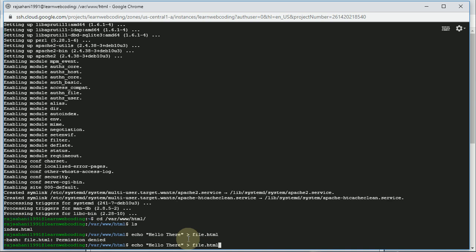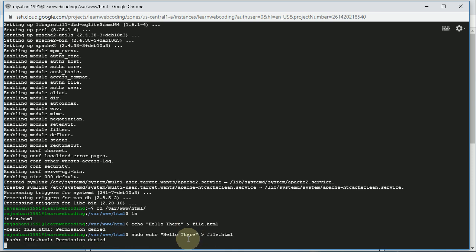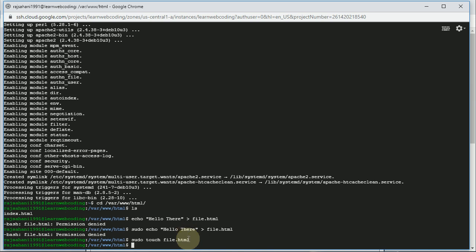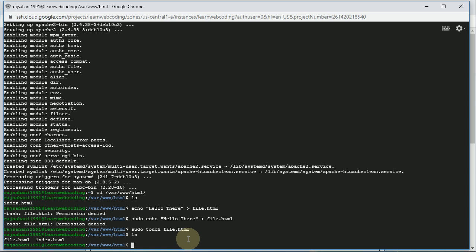Okay, let's say sudo touch file.html, and ls. Now we have file.html.